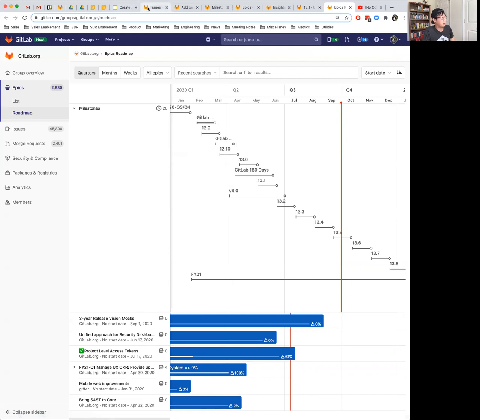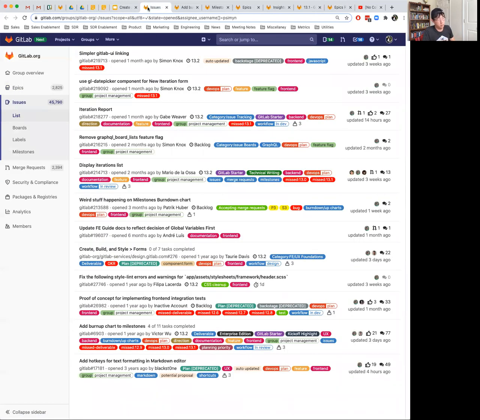So to summarize, GitLab has a complete end-to-end workflow solution. We have feature parity with some of the name brand solutions like Jira out there. And the value of having everything integrated together is that you can save on license costs, and you can also save your engineers time having to